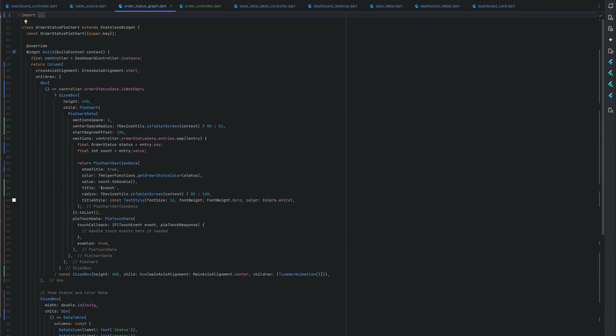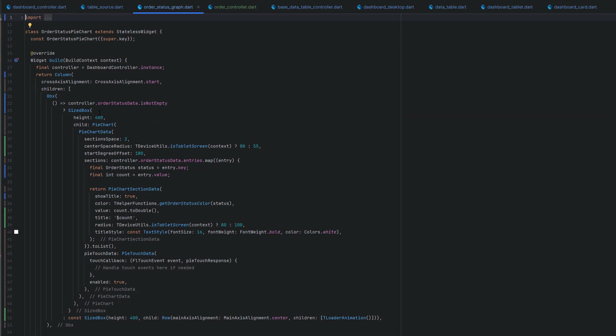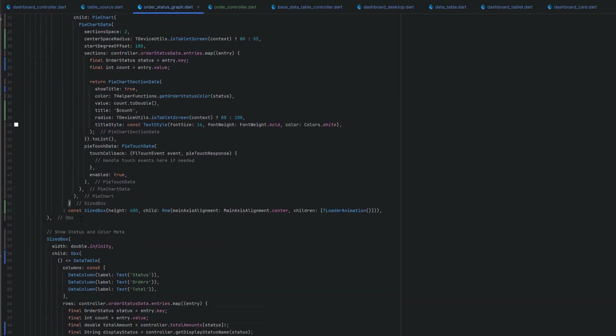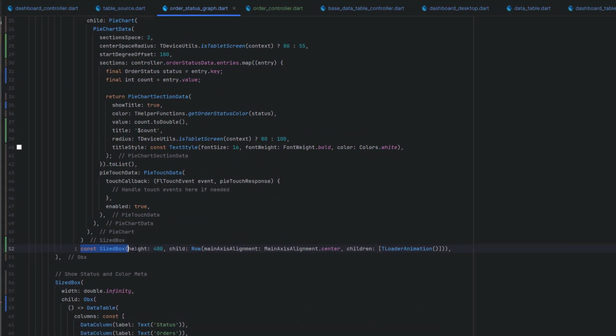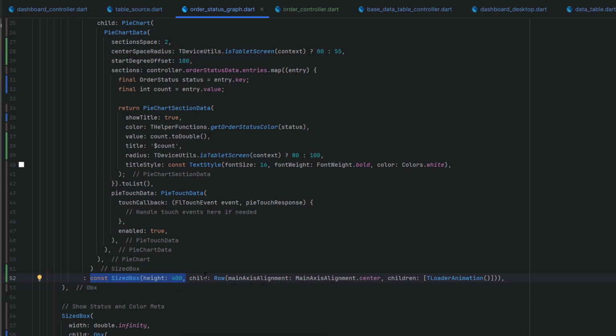And for the order status graph, I have wrapped that graph right on top of the sized box with the controller.orderStatusData.isNotEmpty. Make sure to add Obx. It is going to check that if this data is not empty, then it is only going to display the status graph. Otherwise, it is going to return a sized box of height 400, because in that we have a